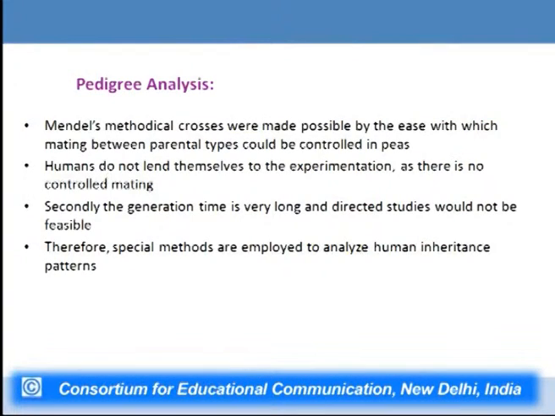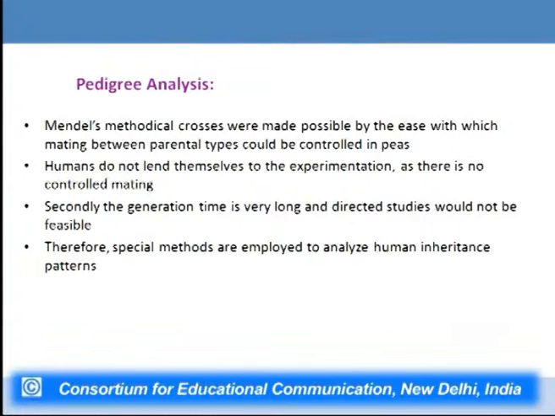So coming to the description of pedigree, what exactly does pedigree mean? Mendel's methodical crosses were made possible by the ease with which mating between parental types could be controlled in peas. We already know that Mendel was able to perform controlled crosses and come to a conclusion about how genes are passed, which gene is dominant, which gene is recessive, and how it is passed from one generation to the next. But in the case of humans, these crosses are not possible simply because of ethical reasons,